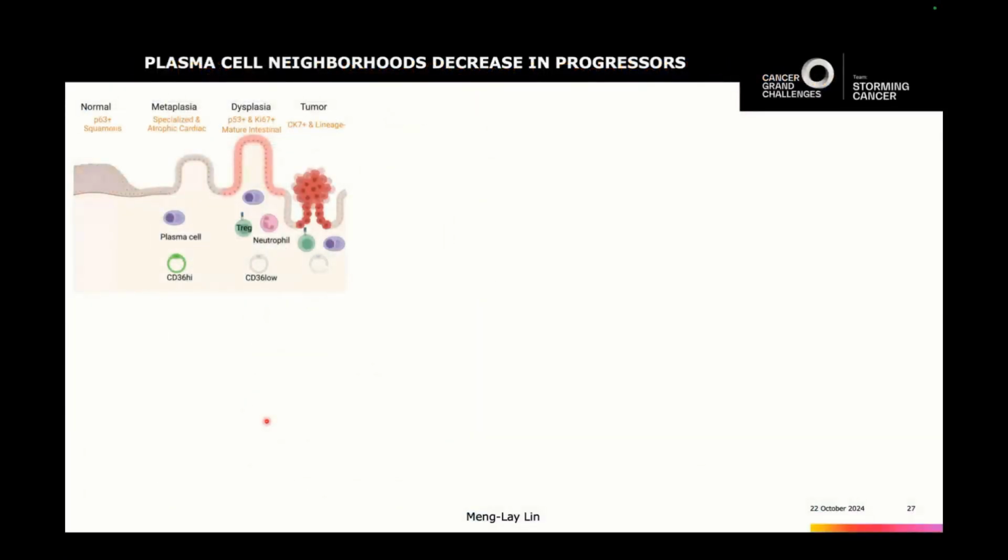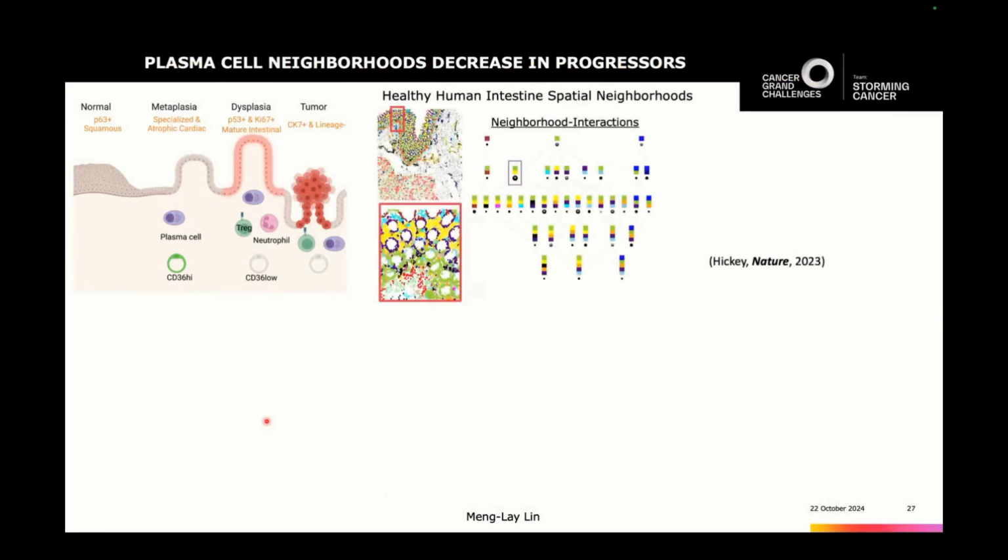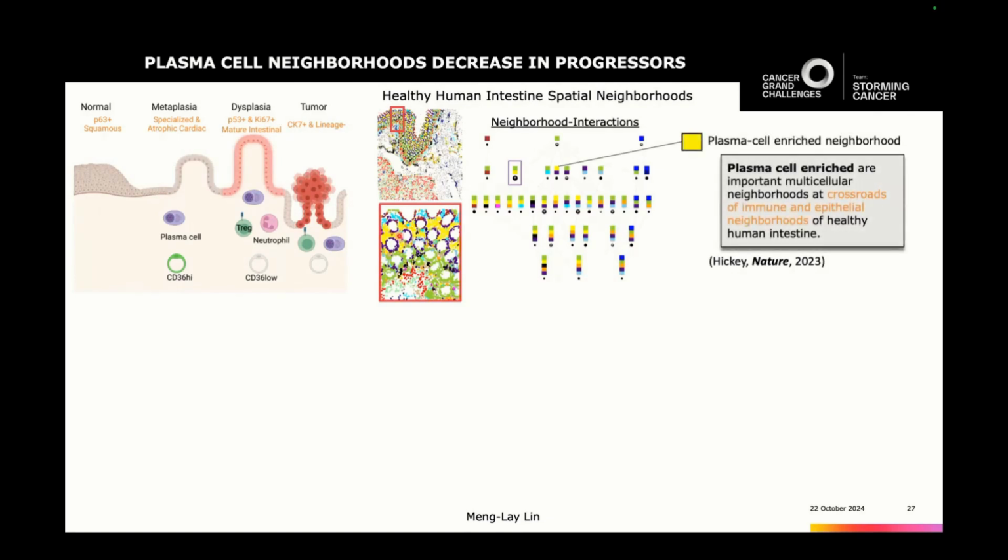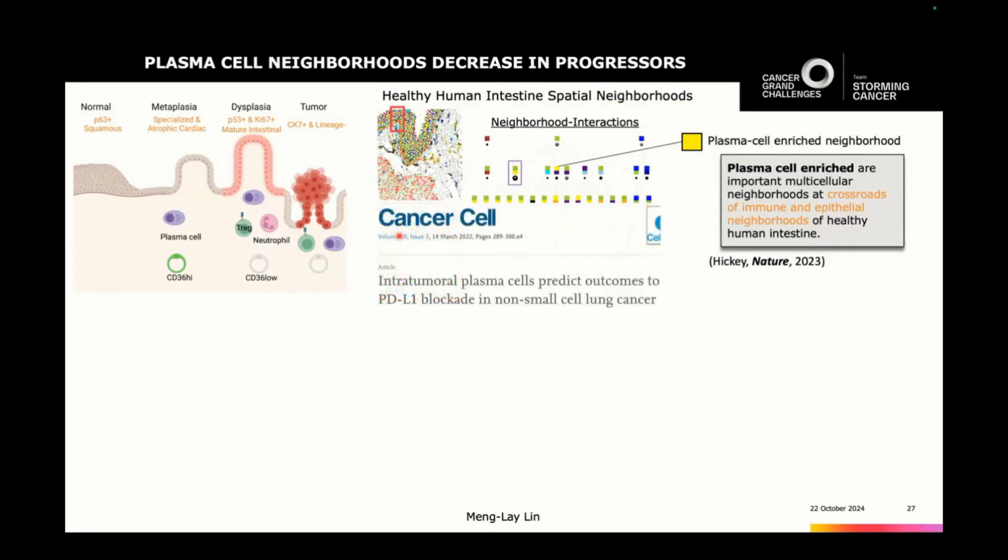So one of the other things that we found that was really interesting was, like I mentioned in our intestinal data sets, we found that one of the important cellular neighborhoods was plasma cells. And I didn't mention so much of these plasma cell neighborhoods, but they're found within this mucosal epithelial space, and they also play an important organizational role within the middle layers of the intestine and associate with transit amplifying cells. But not only did we find that there, we also found these plasma cell neighborhoods within our tissues of